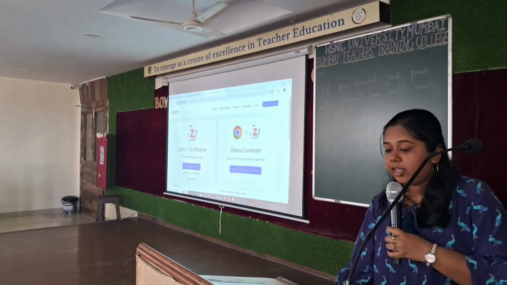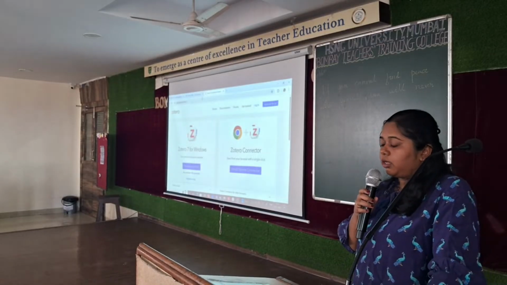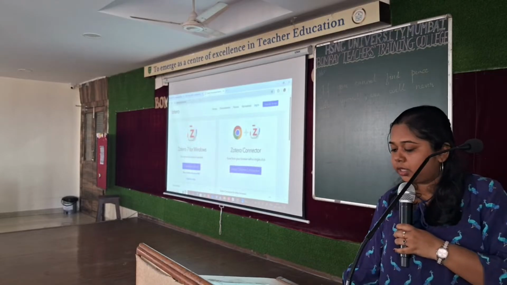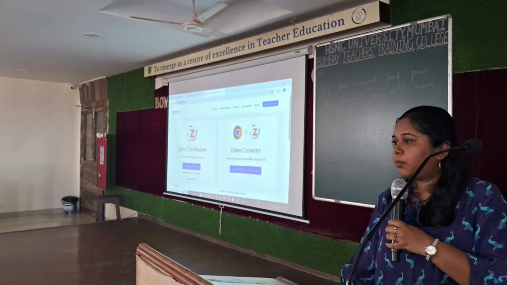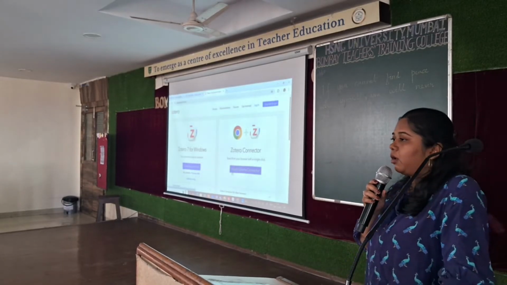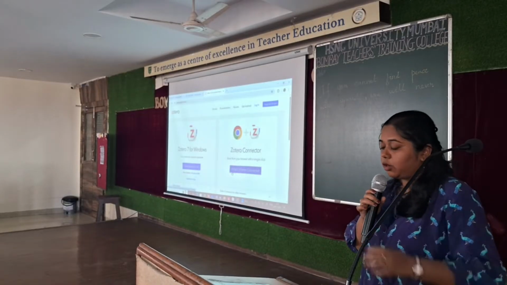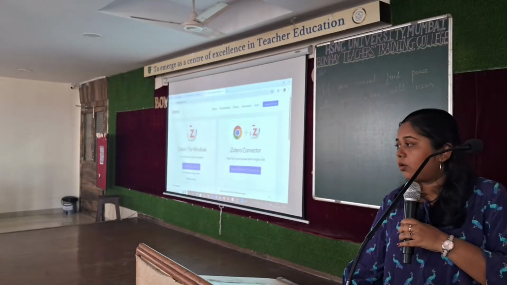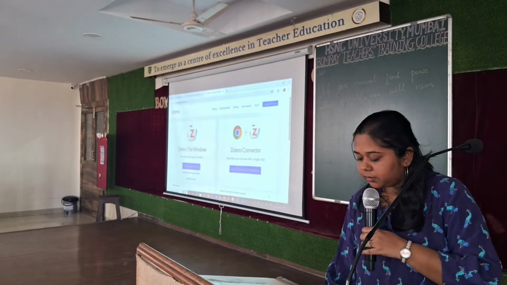So as you can see, if we go to Chrome and type download Zotero for Word, this is the page that will open. And you have to download two things, that is Zotero 7 for Windows and the Zotero connector, both on your desktop. This is actually not available on mobiles, but it is much easier to do it on desktop. So you have to download both, that is Zotero 7 for Windows and Zotero connector. Once you download it,